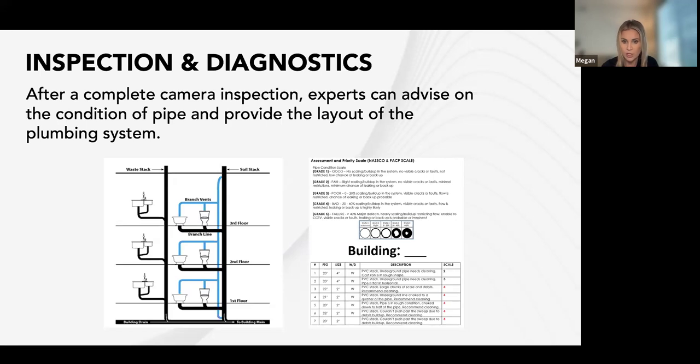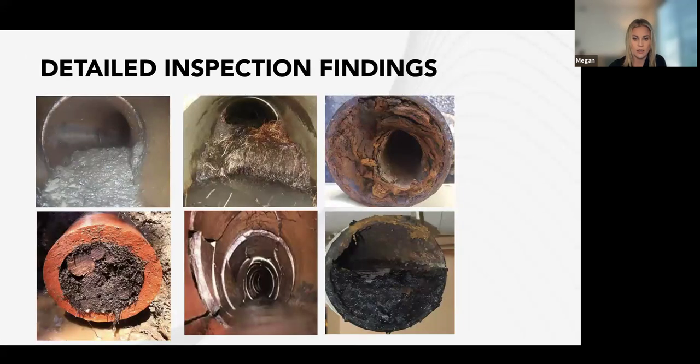And on the right side, we use this NASCO rating system, grade 1 through 5, 5 being the worst. You can see where it's really restricted. And then we can actually tell how long the pipe is, what way it runs within the system, and then also give basically a rating over here once we get a good look at what's happening inside.